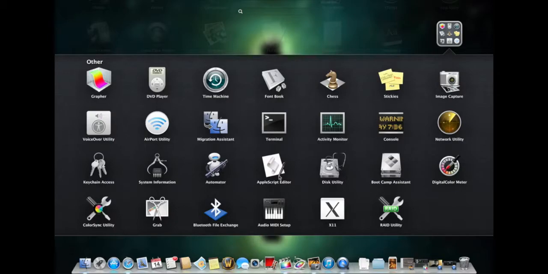Now, the DVD Player is something that would play DVDs. It's kind of like QuickTime, or on the Mac you can use QuickTime, obviously. Time Machine is backup software on the Mac that allows you to back up your computer on a different hard drive, an external hard drive, or like an internet site. I recommend an external hard drive. I would recommend backing up your Mac just in case,